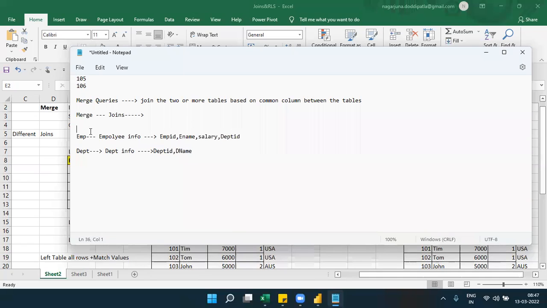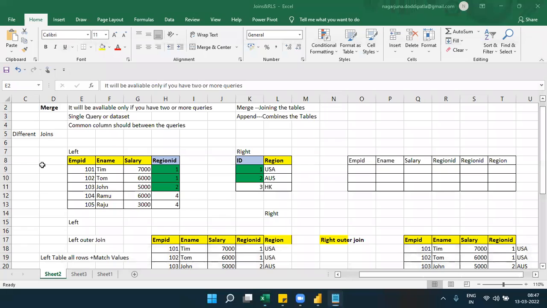So let's say each and every employee will be tagged to a department, will be assigned to a department, right? So here we have a list of departments. So a list of departments in the company. Okay, so that is what, right? So let's say, if we represent it like this, that department, that region, whatever it may be, each